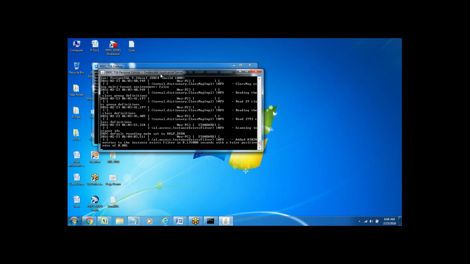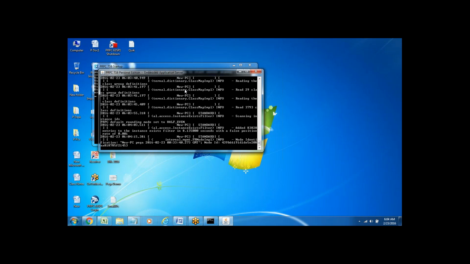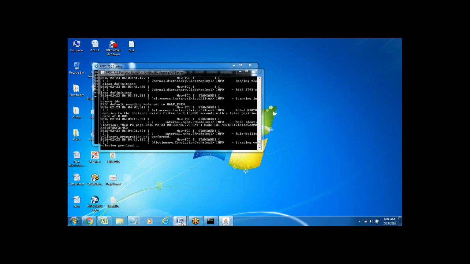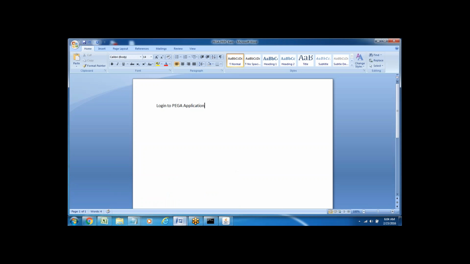So we can log into the application using the login icon. Once the server is started, we need to click on the login icon. Again, PEGA has a default user ID and password. We need to enter the details: administrator,